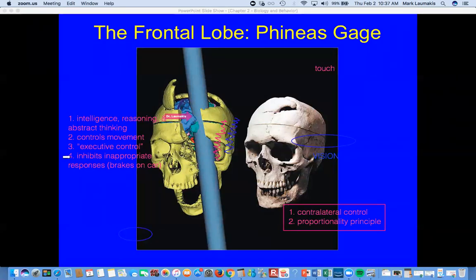I mentioned this last week, but his doctor then said Gage was no longer Gage. He became this mean, nasty, inconsiderate, sort of irascible guy who would say or do whatever came to mind. He wouldn't ever edit. He wouldn't ever inhibit impulses. His personality basically really changed. And that was an indicator that the frontal lobe would probably be a driver of some of those things, that we're seeing change so dramatically in him.